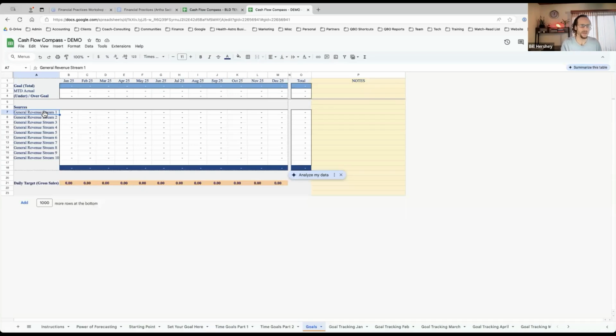But let's just say we have our first income stream as patient appointments, and we have our second income stream as, let's say, supplements, and let's say we have a third income stream of teaching and consulting. And maybe we're going to develop e-courses this year. Okay, so we have 5 revenue streams. That's a lot for a simple practice.